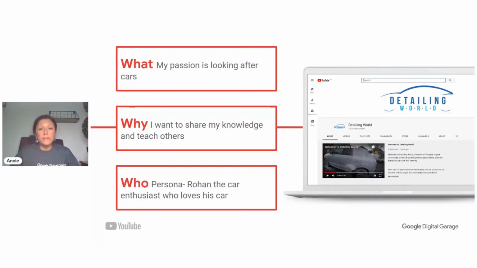And if you're Rowan, the person that I created and researched there, they love learning about car detailing. So thinking about what kind of enthusiastic parts they're going to be interested in, in terms of who you're speaking to, what kind of parts will encourage them to share interest in what you're doing. And then you can start to showcase some tips perhaps on how to look after your car, how to keep it in its best condition, how to make it go faster, whatever it is, thinking about those areas that are going to appeal to Rowan or to your particular profile that you've created, the persona that you want to speak with.